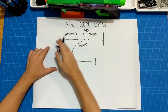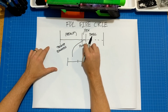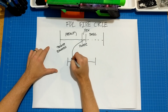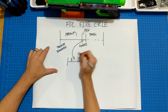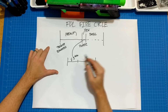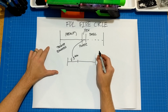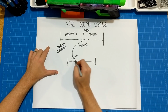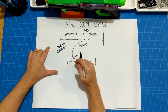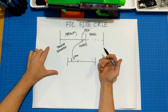So this is your blaster has spun up. The blaster is ready to fire the dart, and it's ready to start making decisions about how many darts to fire. So at the very beginning of this cycle, there is what I call the auto cycle. So if you are in like a 2-3 round burst, or if you are in full auto, the pusher will just spin and push as many darts as it needs to in order to satisfy your burst setting, or it will stay in full auto as you hold that trigger